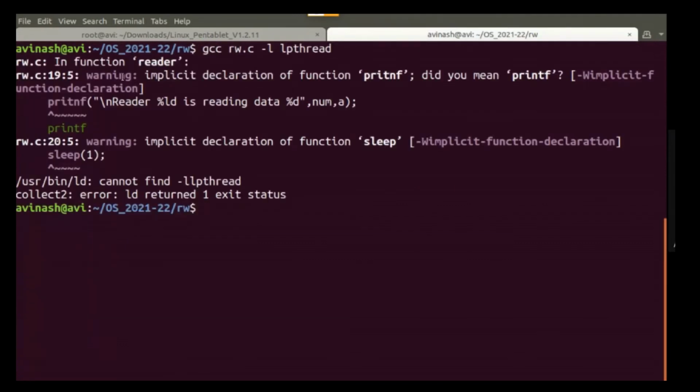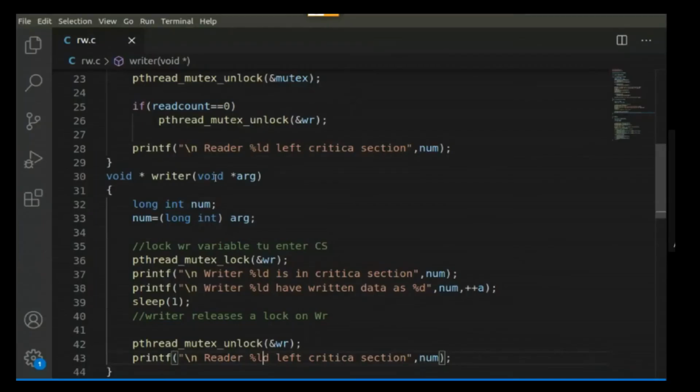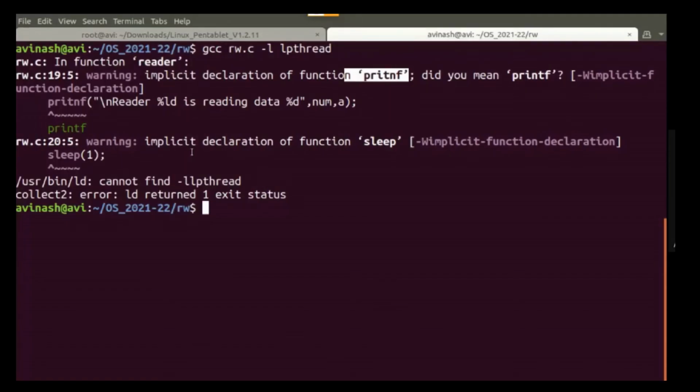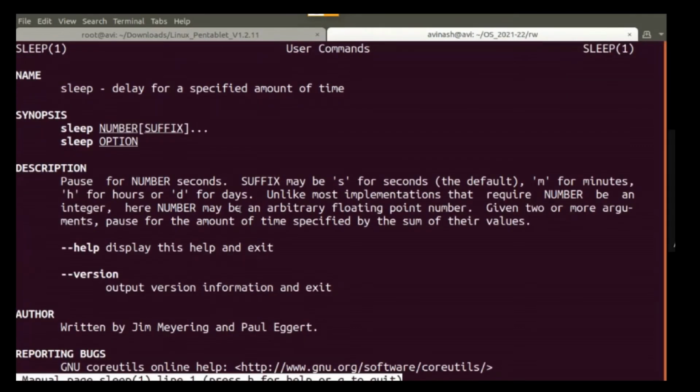Function reader, implicit declaration of function print. Some spelling mistake is here on line number 19. PRINT. And what is the other mistake? The sleep system call is giving an error. So what is the header file for the sleep system call?